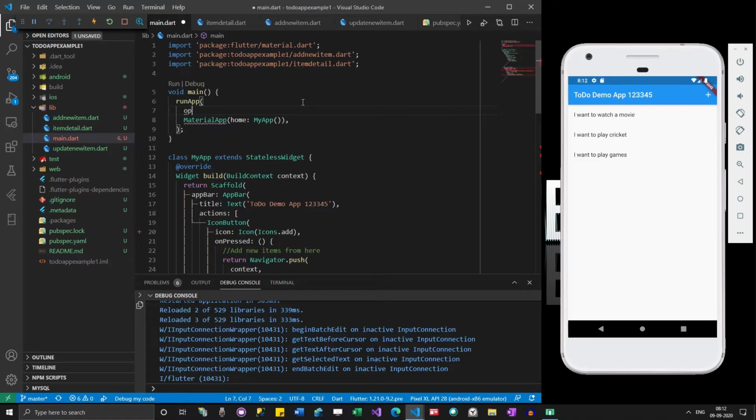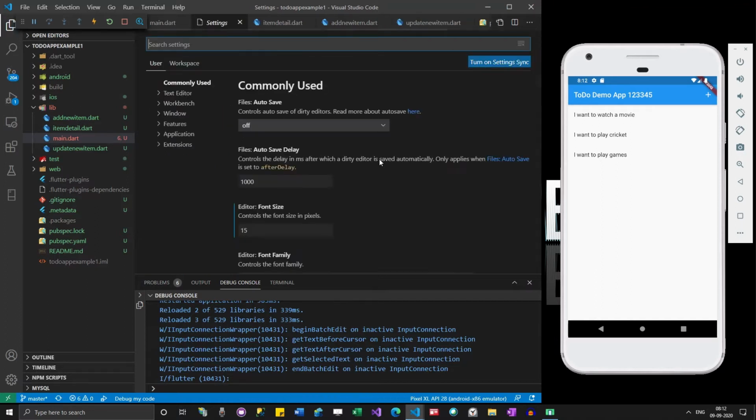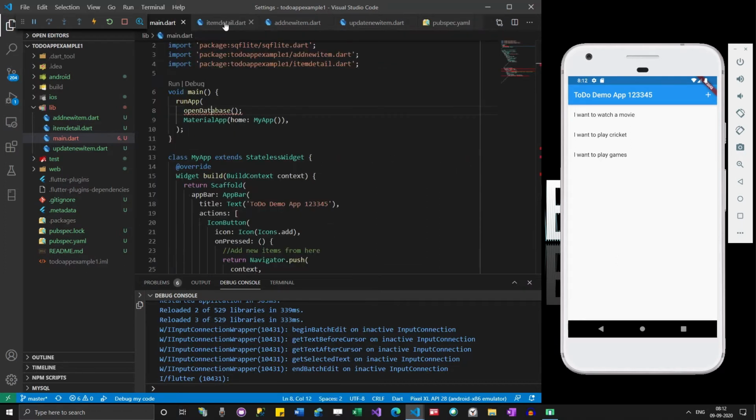Okay, so I'm going to add open database of. Okay, and then actually create a function for this. Okay, sorry.